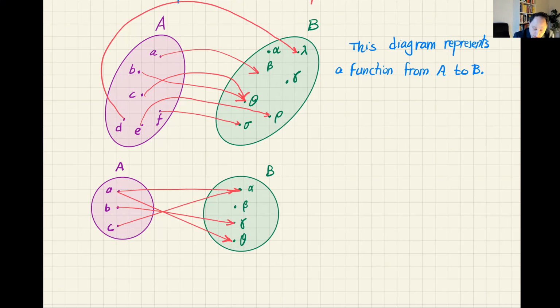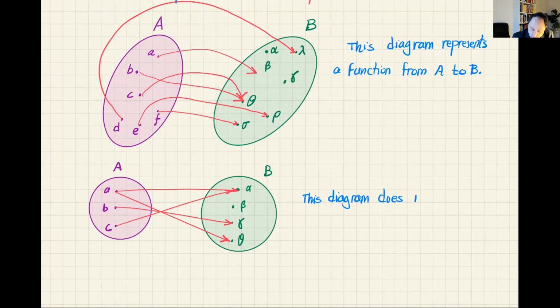So I would say that this diagram does not, let me write this with capital letters, represent a function from A to B,